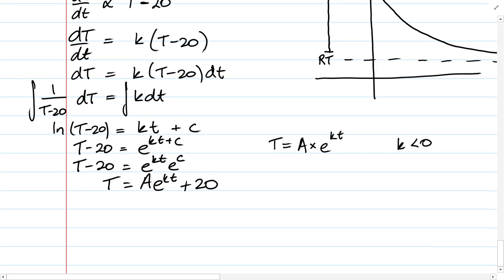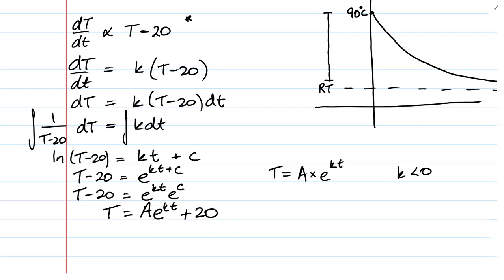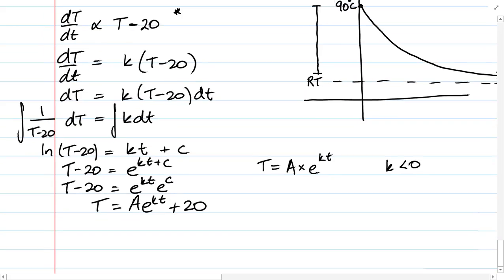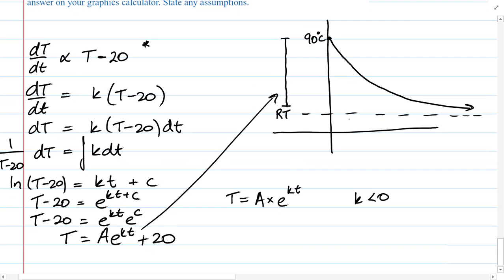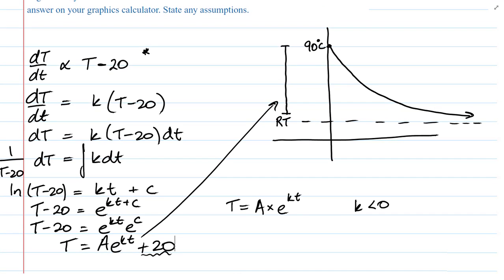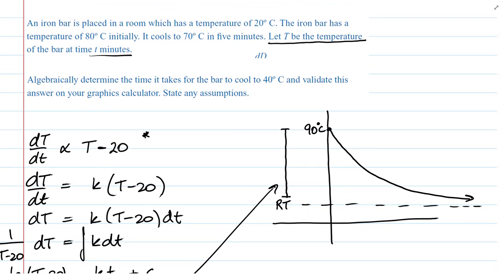Now that I've got this function, I can see it's going to match this. So this is an exponential function where k is negative, giving me decay. It will match this, but it has an asymptote at 20 instead of 0, and that's because of this plus 20. The function tells us that if we add 20, it shifts the whole function up, so the asymptote has moved up, and that's transformations. And so the question has stated that the iron bar has a temperature of 80 degrees Celsius initially